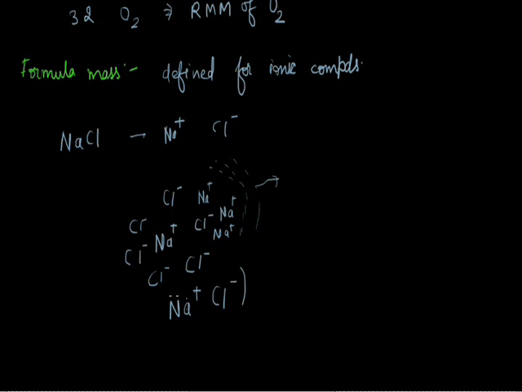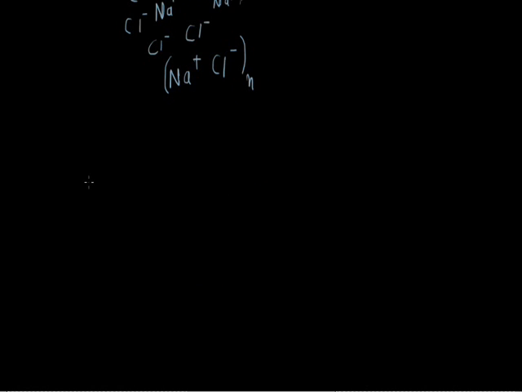So we can say that its single unit is Na plus Cl minus multiplied by n. If we calculate the formula of Na plus Cl minus n, it is not possible. The value of n is unknown. So we write simply NaCl, and if we calculate the mass,